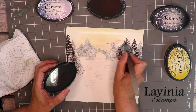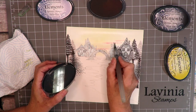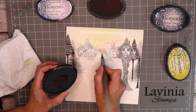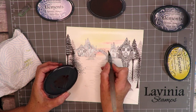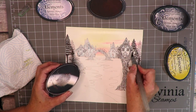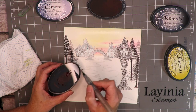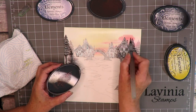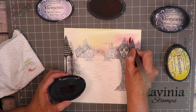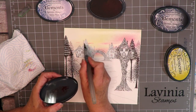And now I'm just again using a tiny amount of this red, just literally dip the point of the brush into the lid and taking a tiny amount and basically sweeping little lines across the sky to give the impression of distant sunrise clouds, and each side will build the colour up slightly, and really there's no precise way